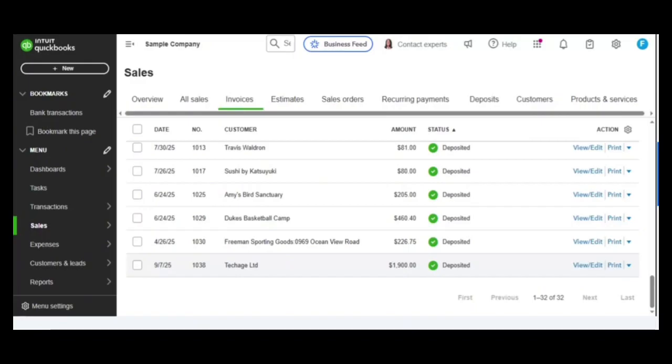Now we will talk about another form of invoicing from an estimate called progress invoicing. But before I talk about progress invoicing, I would love to go through the cash sales workflow. Now, when somebody, Tech Age Limited, comes to you to buy something. So let's say they are coming in to buy